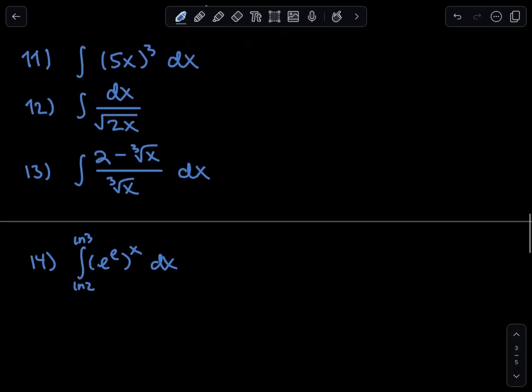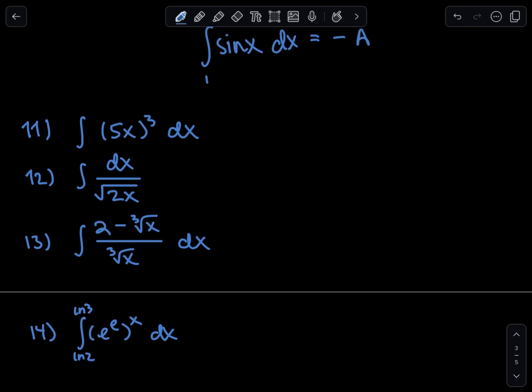So we have 4 more examples. The integral of (5x) cubed dx. And here we can just distribute this cube and pull this factor outside of the integral. So this will be 5 cubed, pull it outside of the integral, and then inside we just have the remaining x cubed dx. And then we just evaluate 5 cubed, which is 125,